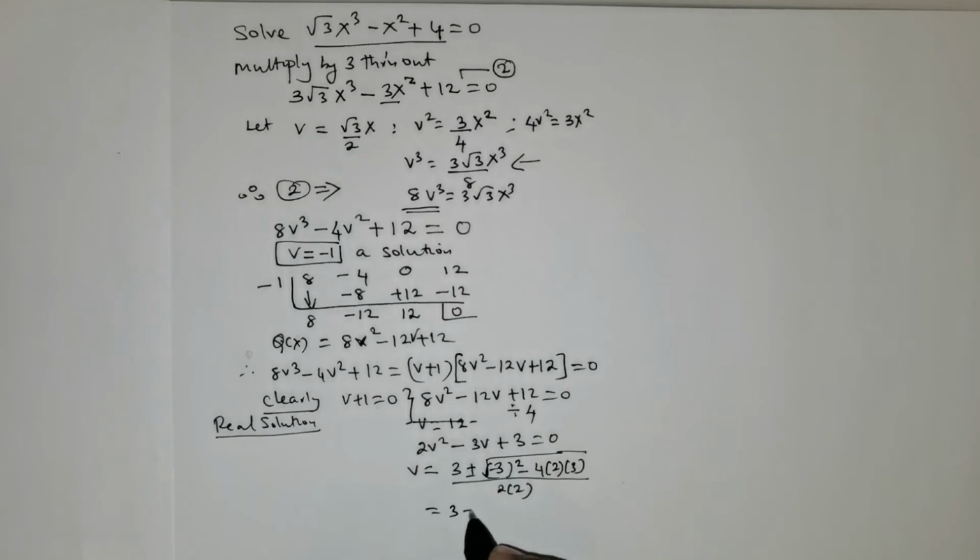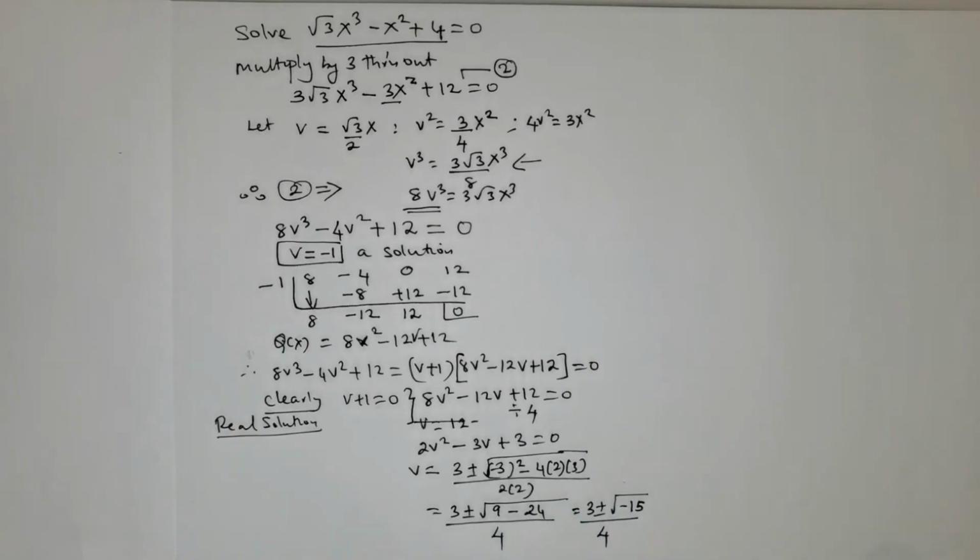So this is going to be 3 plus or minus square root of 9 negative 4 times 2, 8, 8 times 3 is 24, divided by 4. I can rewrite this as 3 plus or minus root of, so this would give me 15 with the negative sign, so negative 15